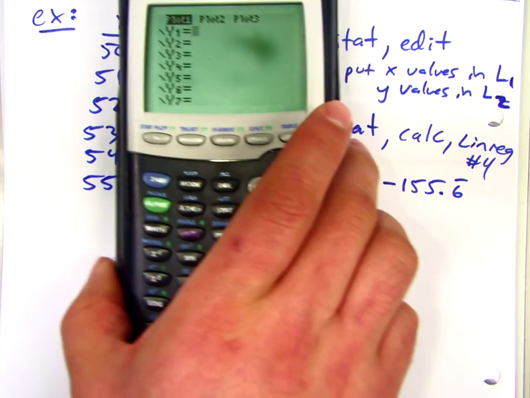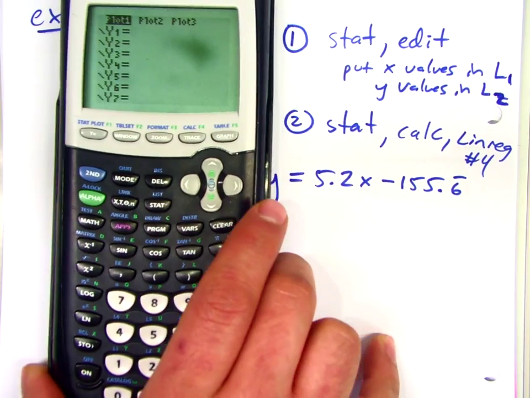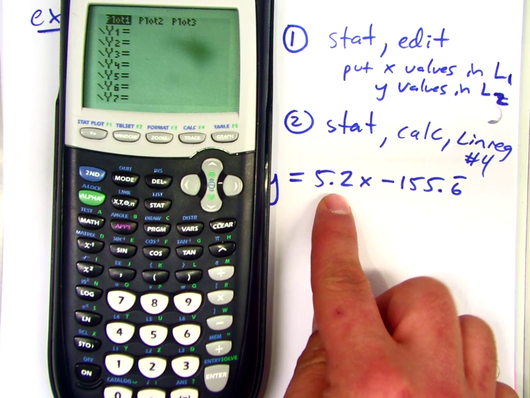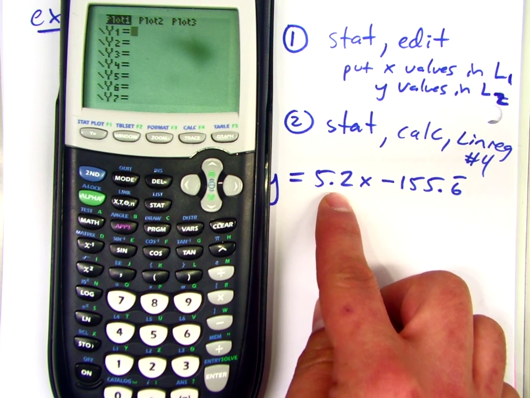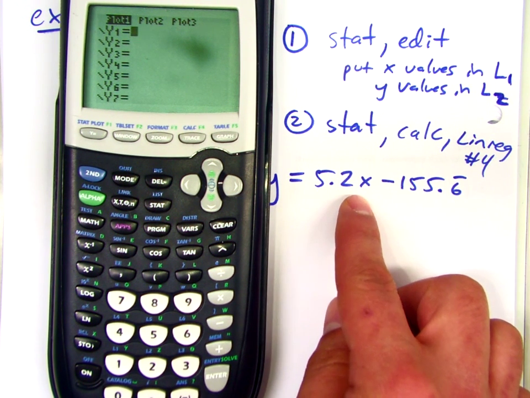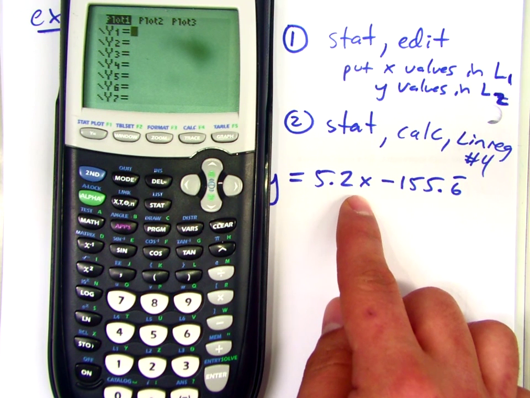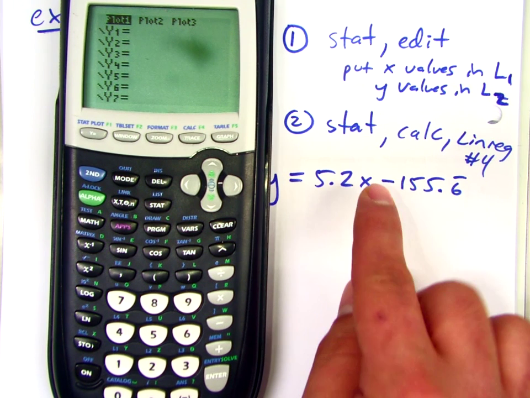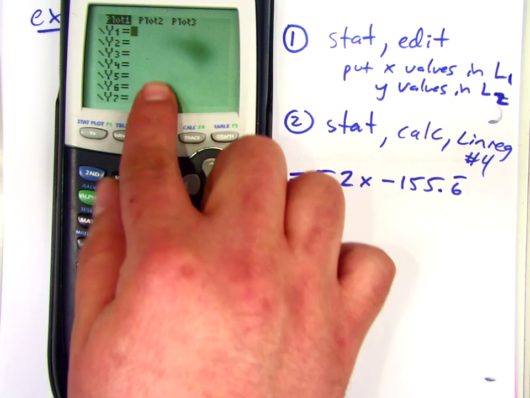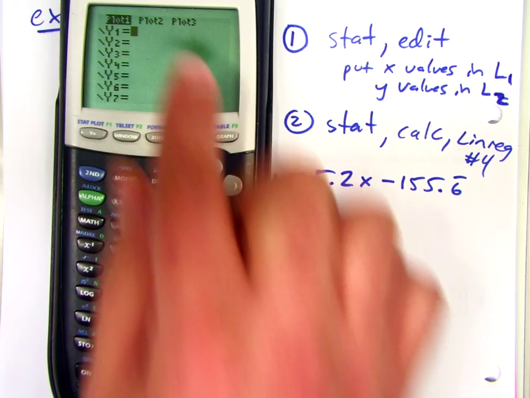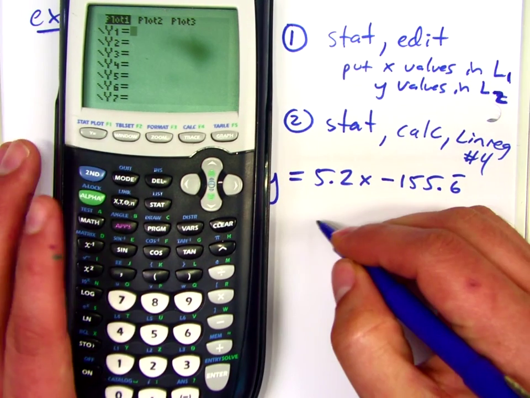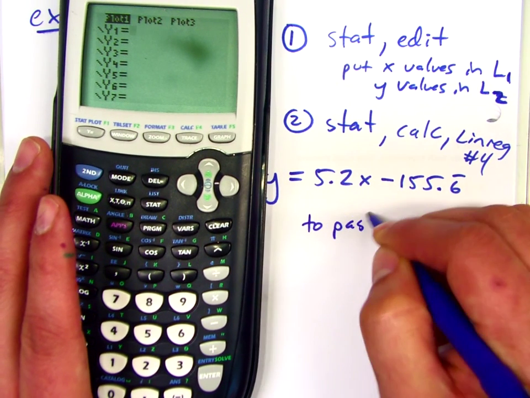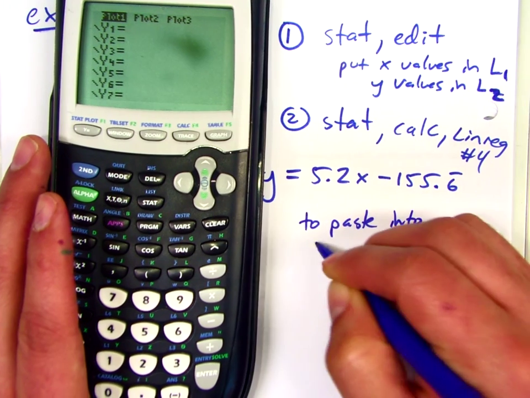You can certainly just type this in. This isn't so bad, right? But imagine doing a linear regression where it was like 5.131593 and typing all that in. That gets kind of annoying, right? You can paste this equation into it automatically. Here's how you would do that. So to paste into y1,